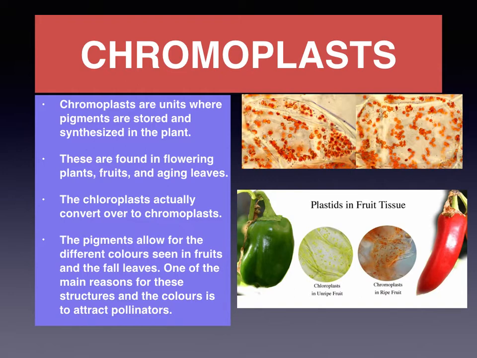Then secondly, the flowers are also brightly colored due to these chromoplasts, different pigments. They could be orange, red, purple, yellow. So the bees, the butterflies, or the tiny birds will get attracted. They will come to collect the nectar from these brightly colored flowers and help in the pollination of the flower. So this is the importance of chromoplast.